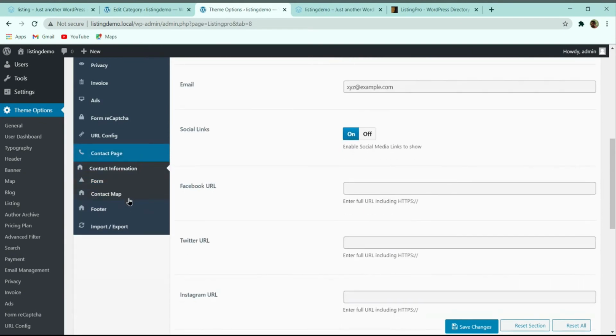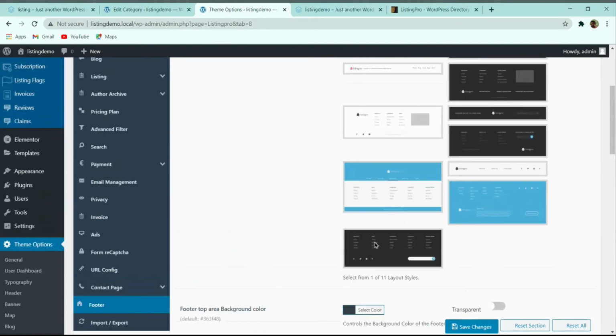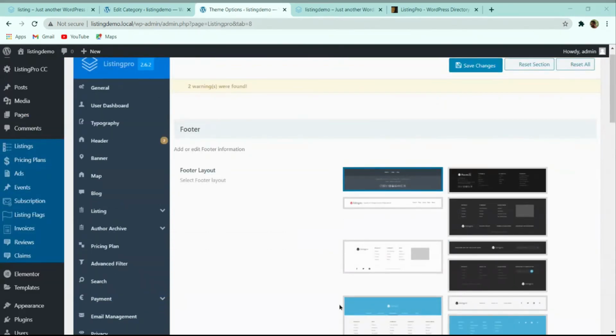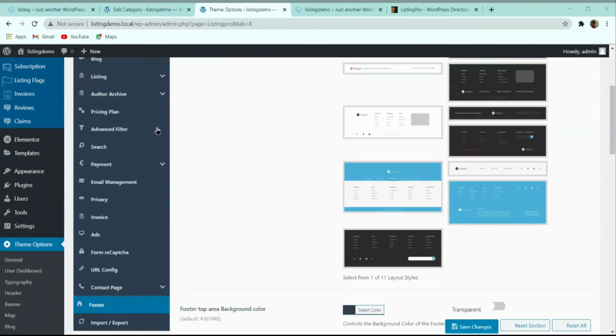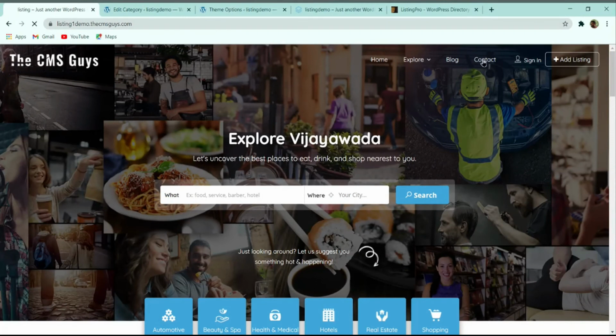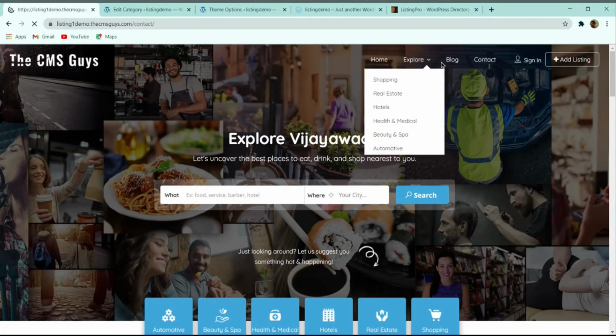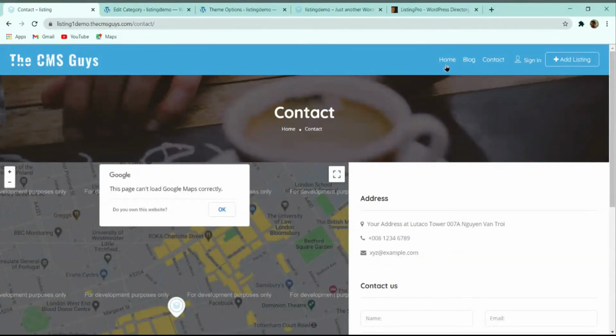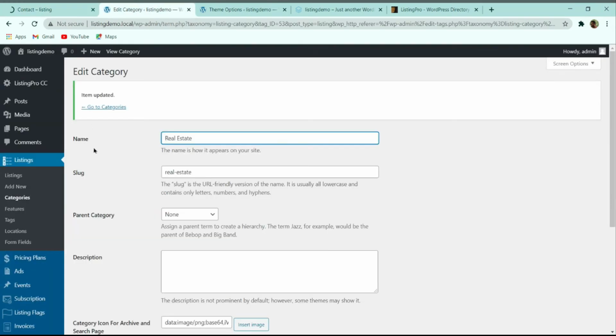Now first of all, go to the footer. Before going to the footer part, let's go to this app and create the menus over here. Here you can see home, explore, contact, we have different types of menus over here. Whenever I click on this contact, I have only three menus. Let me quickly explain what these menus are, and let's start creating them.